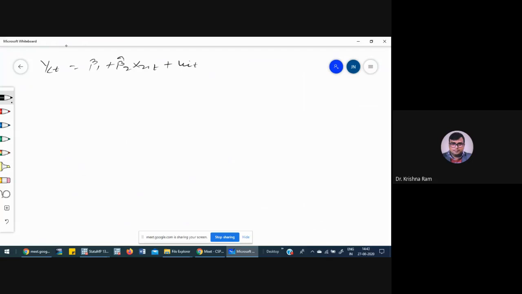So right now I'm not considering unobserved cross-sectional heterogeneity in the regression model. So this one is our simple linear regression model, where you are having only one independent variable and one dependent variable. Y_it in our modeling is total cereal consumption. I will define what this total means. So total cereal consumption,